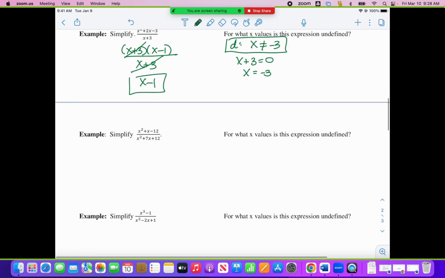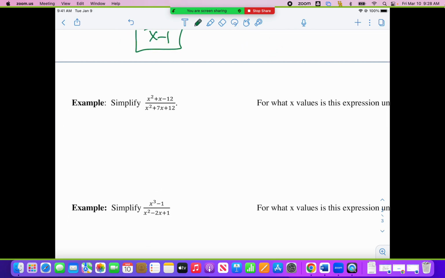All right, Matthew, on this first one, x squared plus x minus 12 over x squared plus 7x plus 12, can you read off your factors for me? Well, can we do it together then? If I have x squared plus x minus 12, you know you're going to put an x and an x. What two numbers multiply to negative 12 but add to 1? 4 and 3. Good job. Plus 4 and a minus 3. Then in the bottom, if I have x squared plus 7x plus 12, what two numbers multiply to 12 but add to 7? 4 and 3. All right, so right here for my domain,